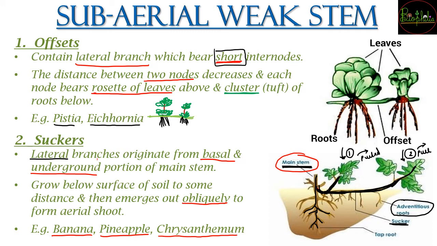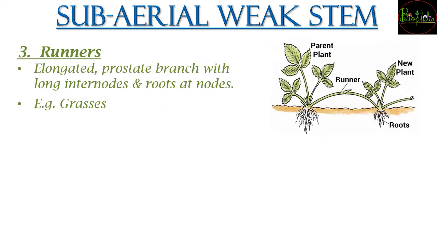So like these you have to remember the examples कि offsets कहाँ मिलेंगे, suckers कहाँ मिलेंगे, where you can find thorns. All this is a part of memory. So you have to remember these examples as well as the different types of modifications. So third example is going to come from runners. So runners are going to be elongated and prostrate plants which are going to have long internodes. So remember, long internodes जो होंगे, it is found in runners, whereas if you remember just now we saw that